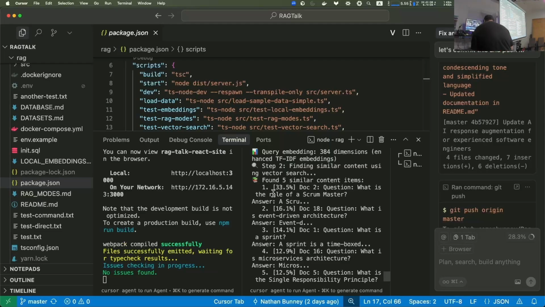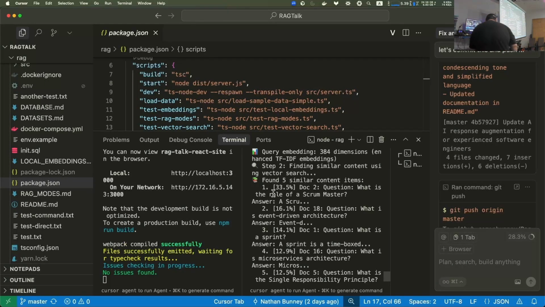Do you have a limit set on it, or is it just pulling everything? It's pulling everything that's reasonable. I don't think, well, it's like the 5 nearest neighbors or whatever in vector space. Oh yeah, that makes sense. I think it actually is 5. I think I actually pulled 5. That makes sense.